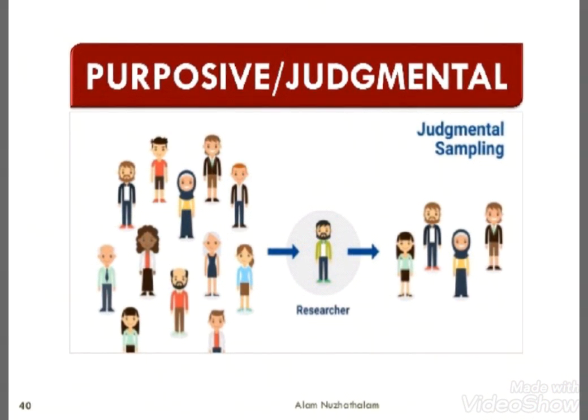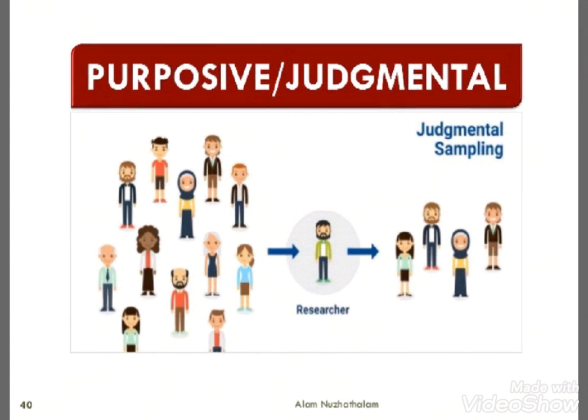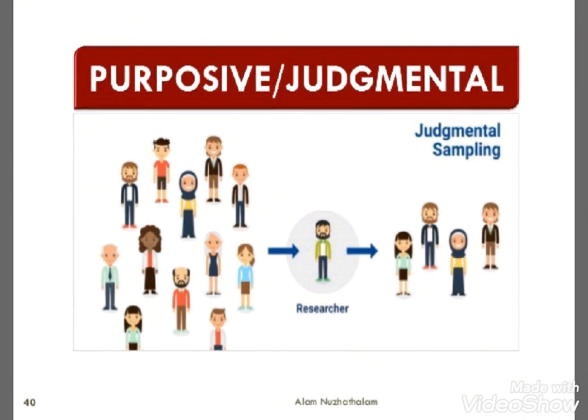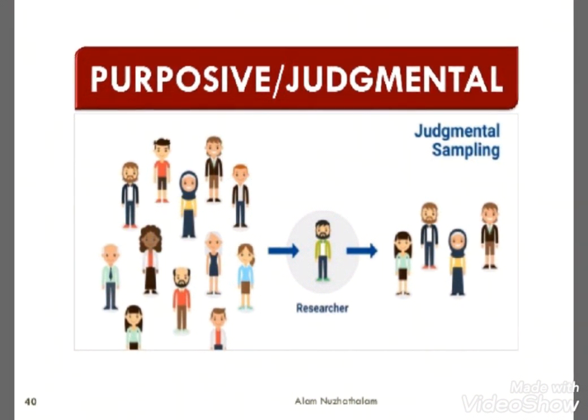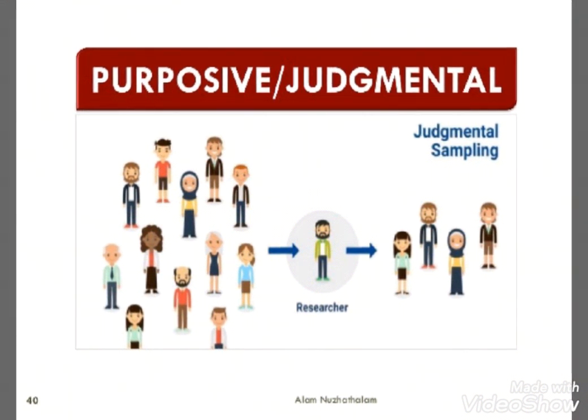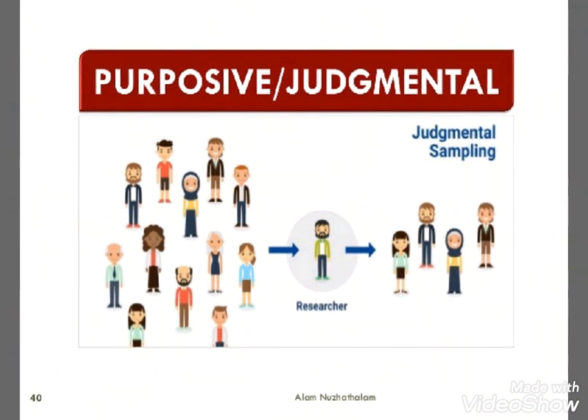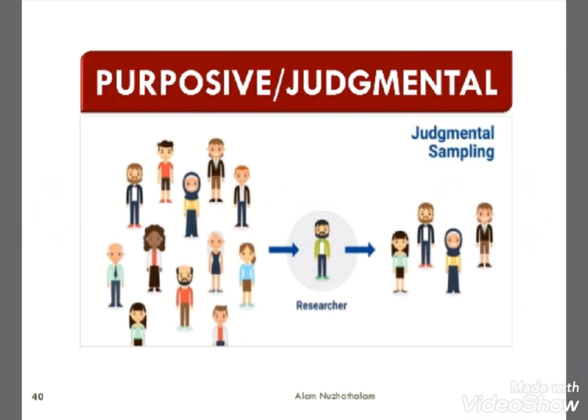judgmental sampling. Purposive means you are going to have a particular selection in your samples. For example, whenever you go shopping, whichever cloth you like, you buy that same cloth, not the others. That means you like that cloth, and that is your purpose for buying it. The liking is your purpose. Whenever we don't like something, we don't buy it. That is called purposing. Likewise in research, you have criteria or characteristics for selecting your sample, and you go for those samples only. That is what purposive and judgmental mean.